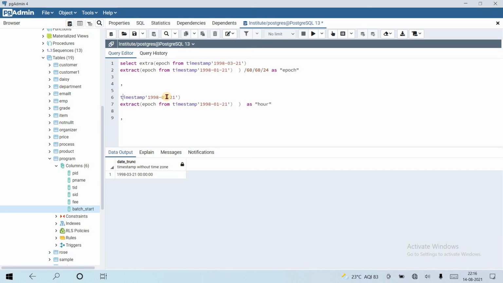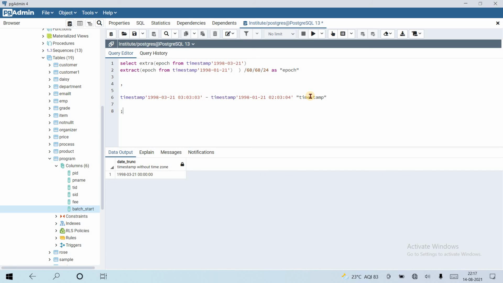So timestamp of some date and some time, minus timestamp with some date and some time here. So the result will be as hour, as timestamp. And the last one is age.